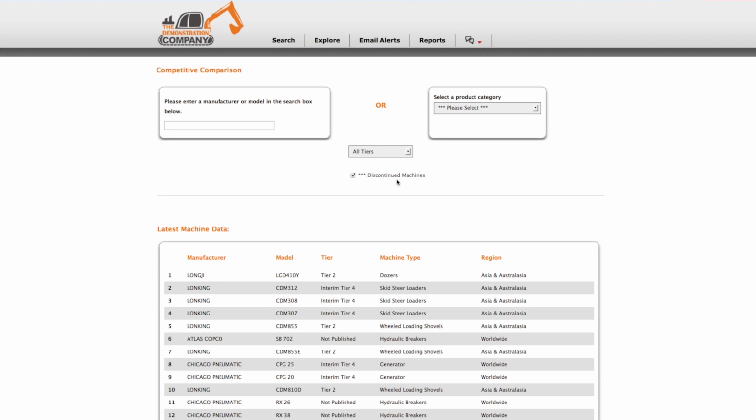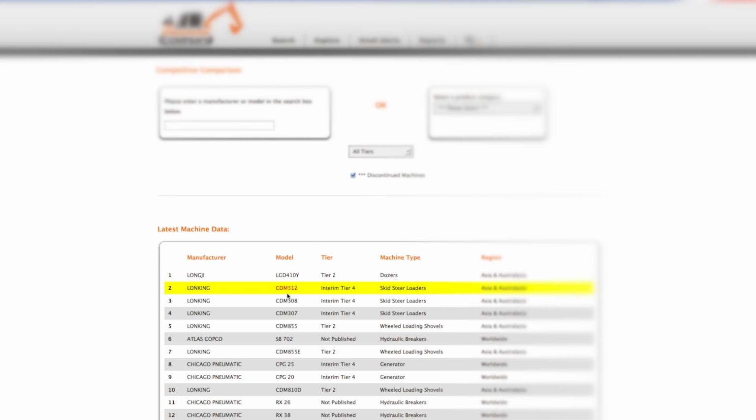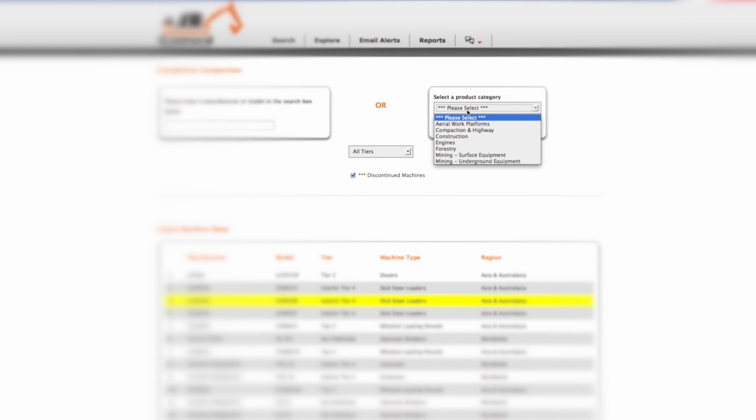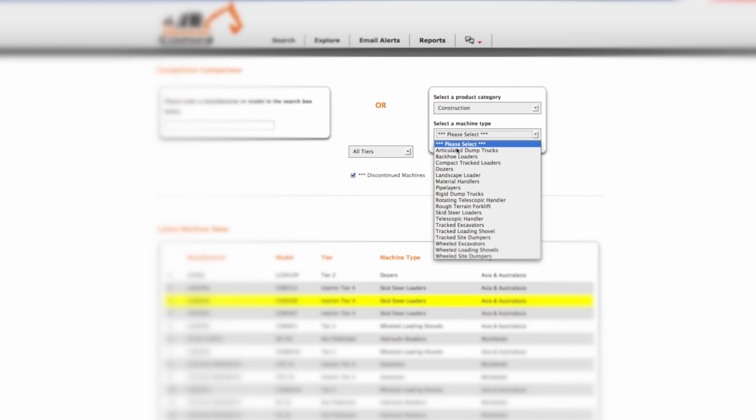In this tutorial, we're going to search for a machine and view the data available for it. At the bottom of the home page, the 15 machines most recently added to the SpecCheck database are shown. To view one of these, simply click the model name to go straight to the machine record. If the machine you want is not shown, then you can either search or browse for it using the other